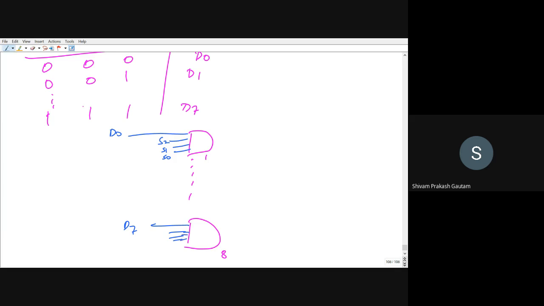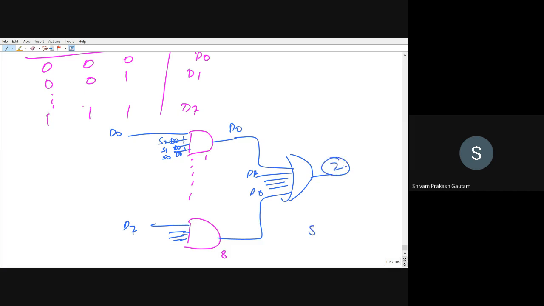Now for the first case, our select lines are 0, 0, 0. So you have to pass them through a NOT gate. If you provide 0, 0, 0 here, the input to this AND gate will be 1, 1, 1. Since all of the inputs are 1 here, if D0 is high, D0 will flow to the output. This again passes through an OR gate, where we have 6 other inputs as well, ranging from D1 to D6, and then we get the output Z. So this is for the 8x1 multiplexer.